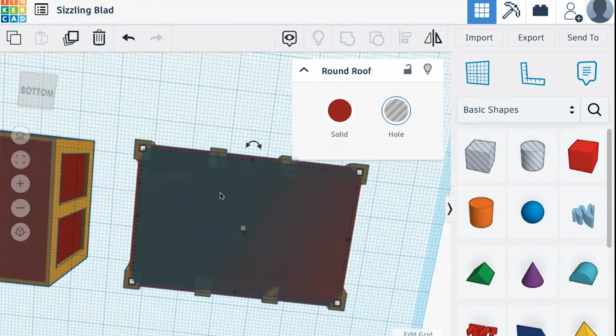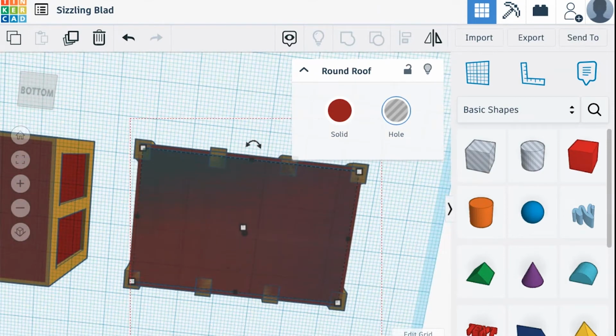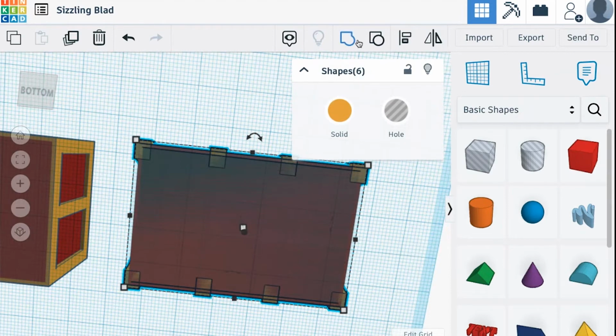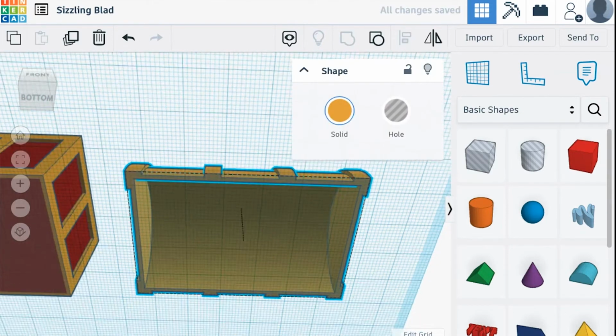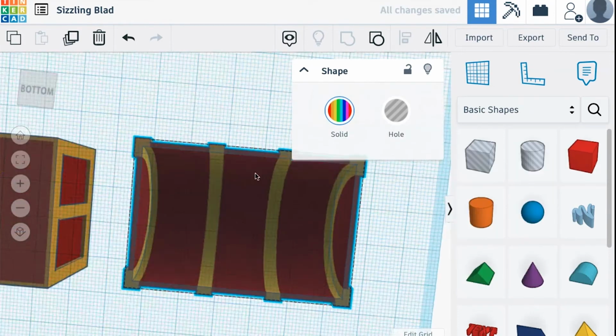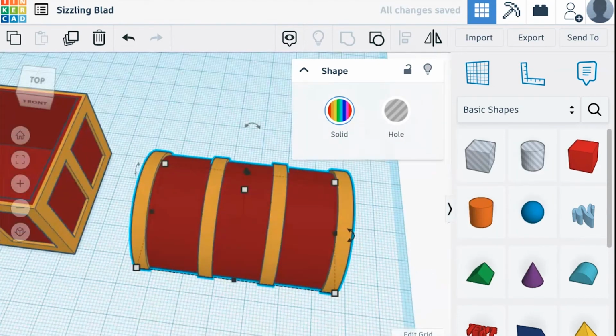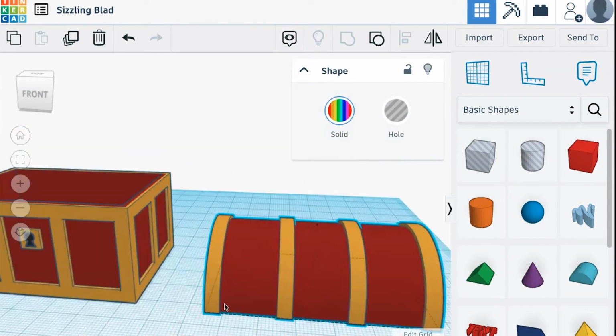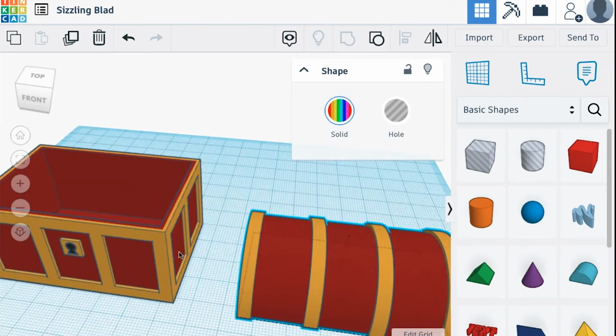Now I could go to the bottom, select everything. I'm going to group, and that should give us a hollowed out lid. Click on colors, multicolor, and there's a lid there that's hollowed out. If you want to, you could try this lid out and see if it fits on top, but what we're